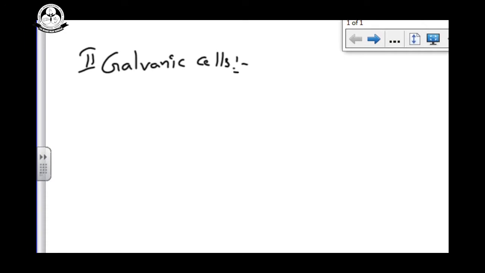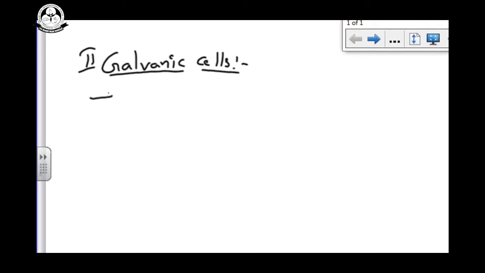So at the lower standard we are learning about galvanic cells. The best example for the galvanic cells is the Daniel cell. We have to compare it with the electrolytic cells, the difference between the electrolytic cells and galvanic cells. After completion of galvanic cells, you will see the differences between the galvanic cell and electrolytic cells. So first see the common points between the electrolytic cells and galvanic cells.